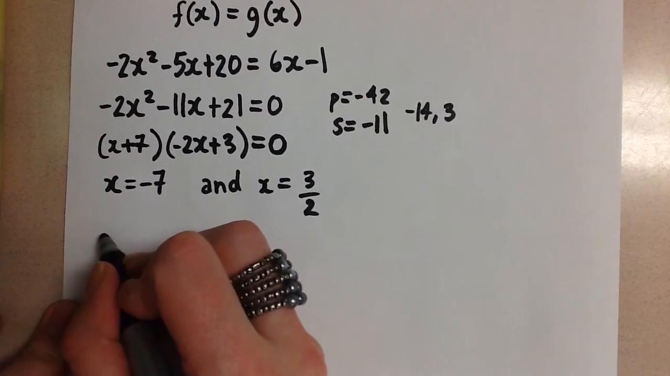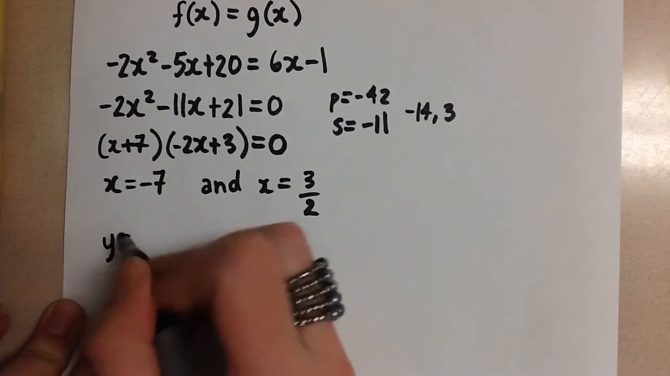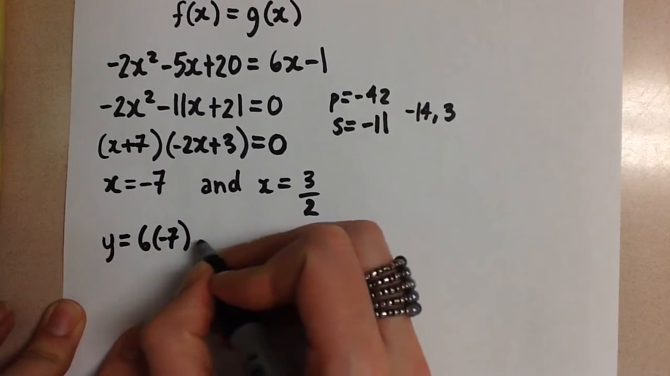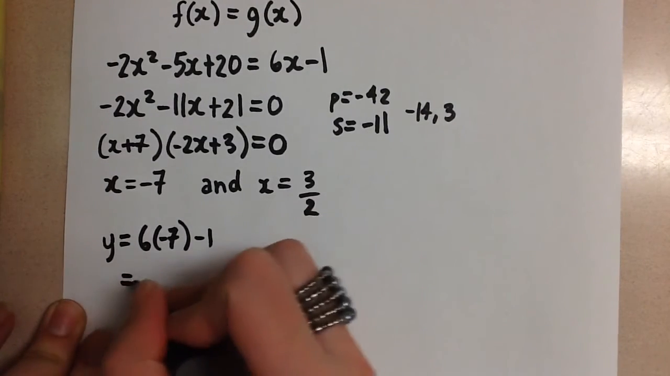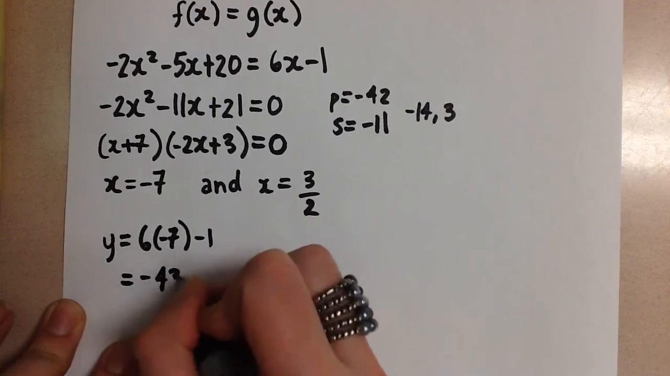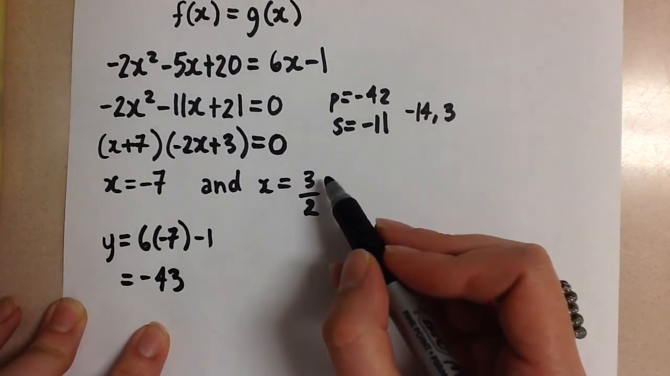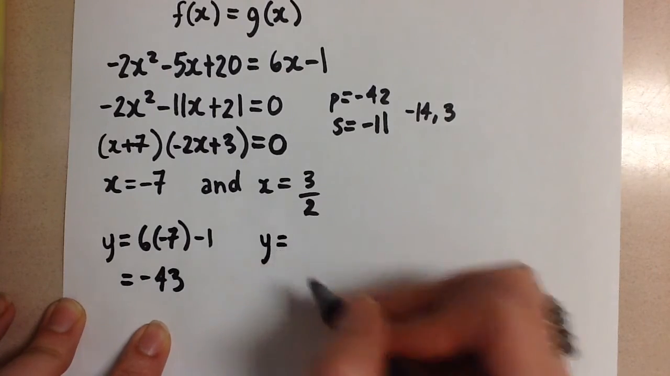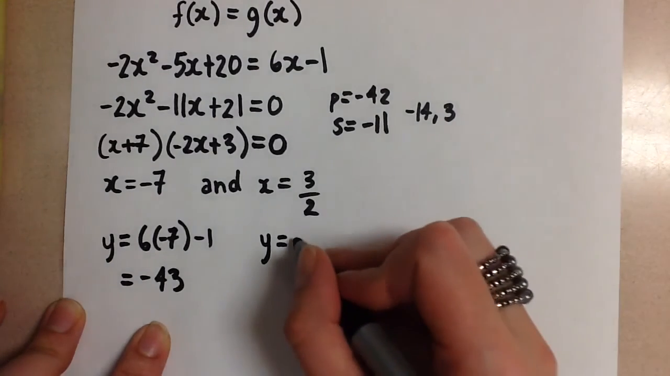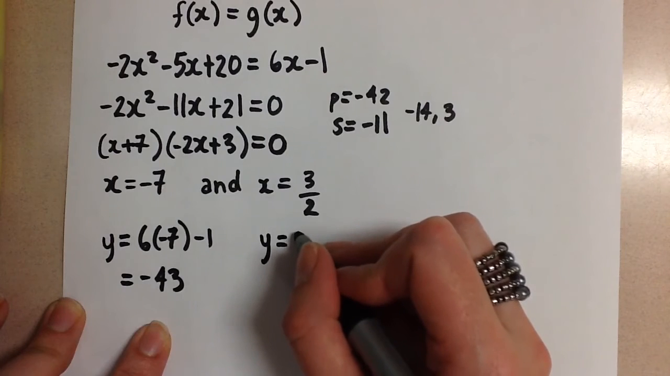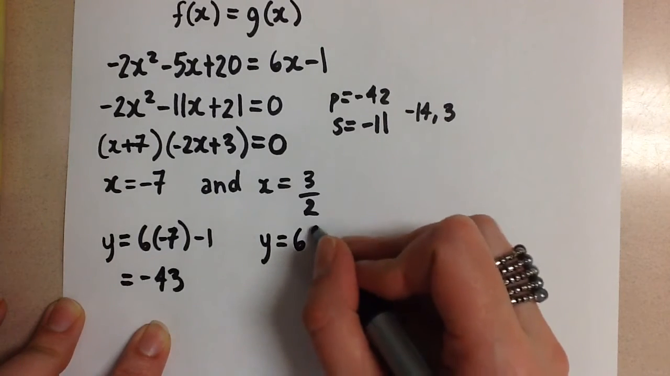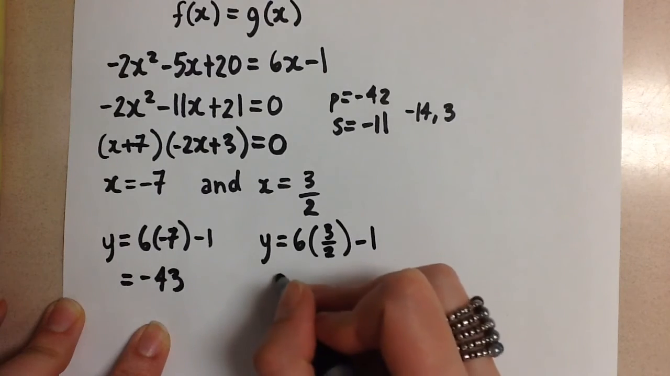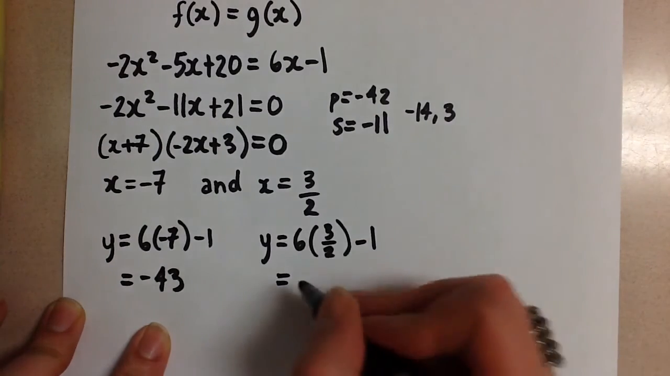Then if x is negative 7, the corresponding y value is going to be 6 times negative 7 minus 1, and this gives us a y value of negative 43. And if x is 3 over 2, you can use 1.5 if you feel more comfortable with the decimal. We sub in the x value and get 6 times 3 over 2 minus 1,